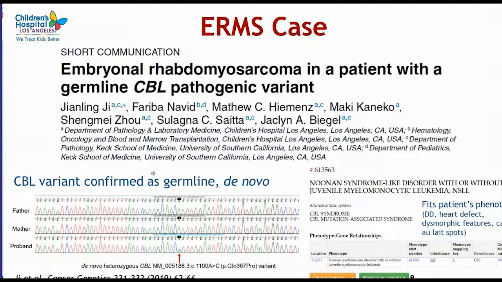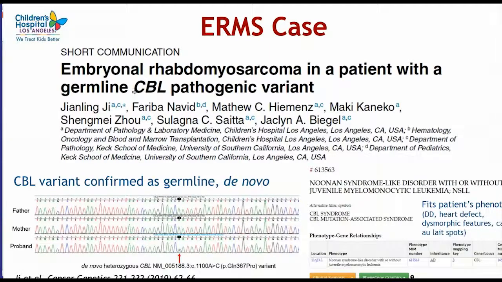So although this was found by somatic analysis, it actually fits the patient's phenotype. So it was felt that this is probably a germline variant that was associated with the patient's phenotype. And so germline testing was pursued, and it was shown that this was a de novo variant in the patient, absent in both parents. And so it very nicely explains the patient's phenotype. However, the only unanswered piece of the puzzle is the presentation of embryonal rhabdomyosarcoma, because that's not a tumor that you have associated with germline CBL mutations. These patients have risk of JMML, but do not really have a described and published increased risk of solid tumors,